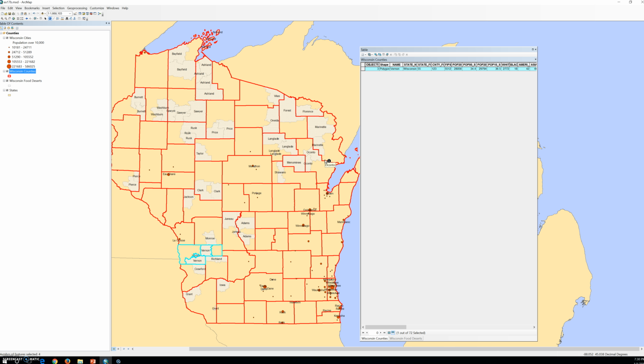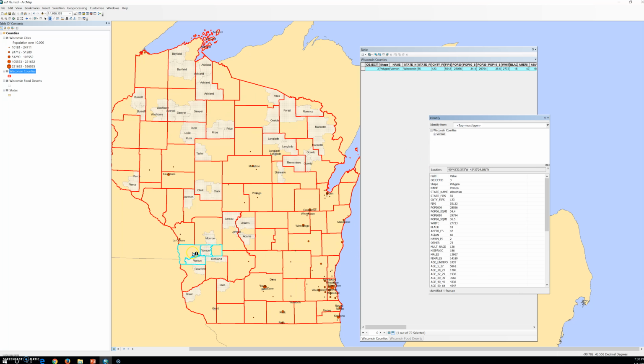And in the identify window, notice the plus sign symbol next to Warren in the upper panel. Expand the content of Warren. Now expand the contents of Wisconsin food desert. Conveniently, related features are visible in the identify window, so we're going to do that. So now it shows the whole county, and I'm going to click here again and you can see it's the whole county. Now here you can see all the fields that are added from the relate. Now close the Identify window at the bottom of the